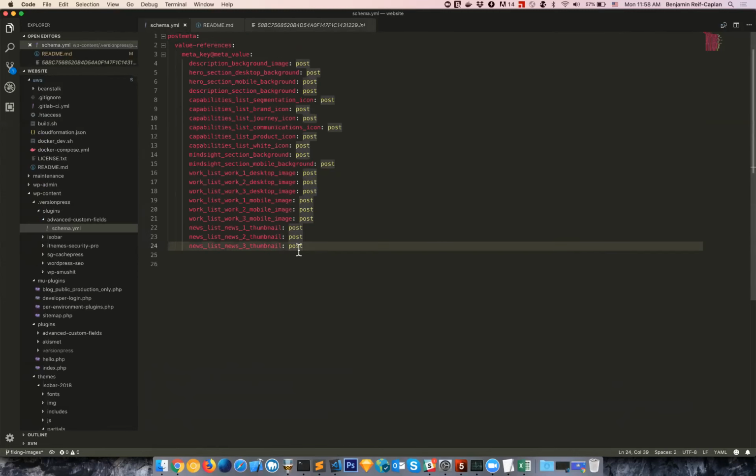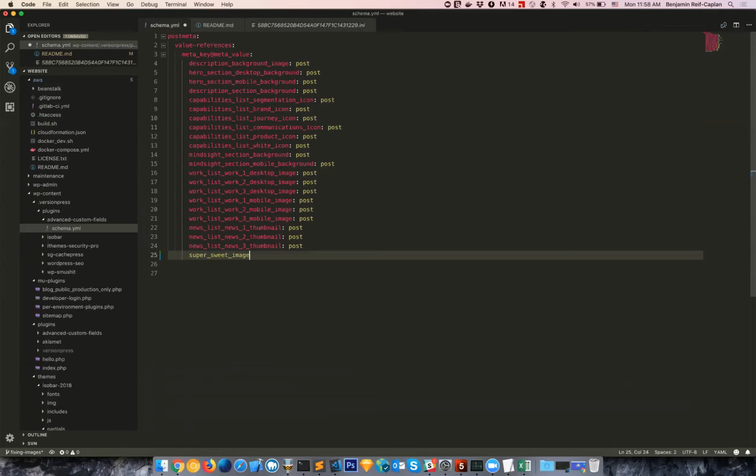So what we could do here is paste in SuperSuite Image, and tell it that it's a post and save it. Now, one problem we have in doing this is we've already created content. That association in the database locally already exists. So in order for this to actually work, we need to save this value in our YAML,